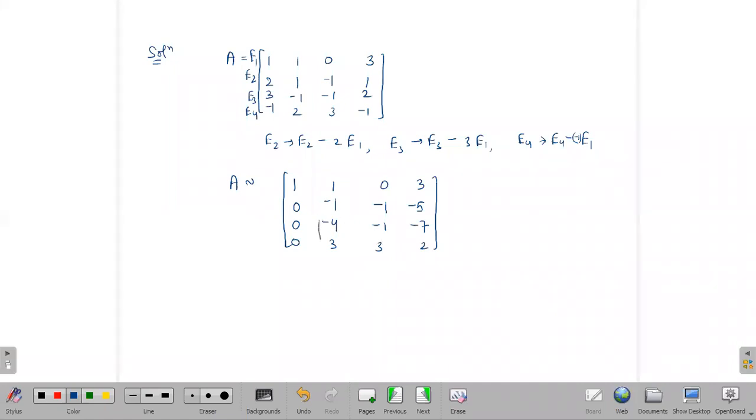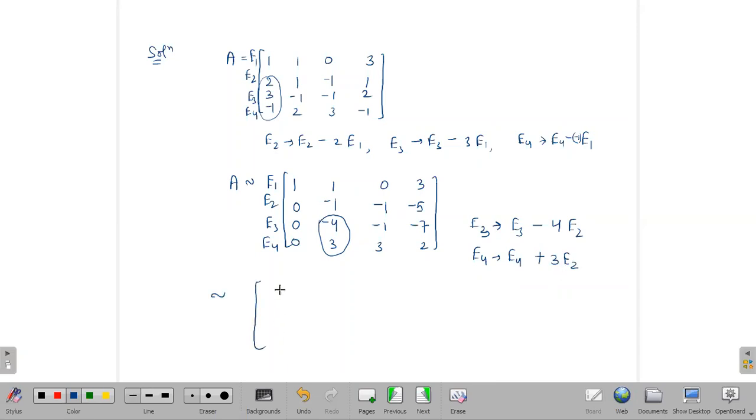So now make these elements 0. Firstly, we have made these elements 0. So again, we have E1, E2, E3, and E4. Start from this E3, multiply by 4, minus 4, and then divide by minus 1. So it will be automatically minus only. Minus E4 2. So E4 plus, it will become plus 3E2.